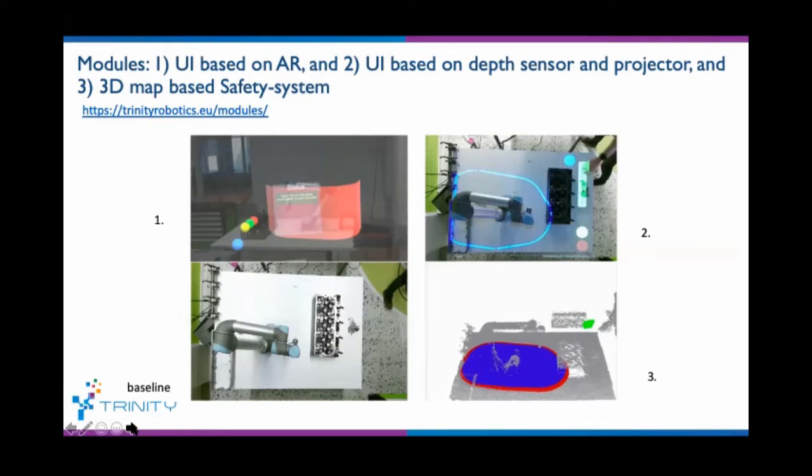We have the depth sensor monitoring the workspace, or the work volume, and then we use the projector to highlight information to the user, providing a projector-based user interface. And then, of course, it was done with the HoloLens as a comparable solution. But these three modules belong to one use case.